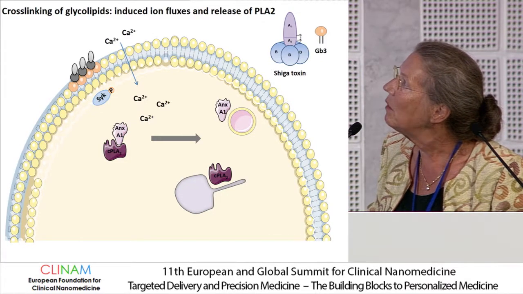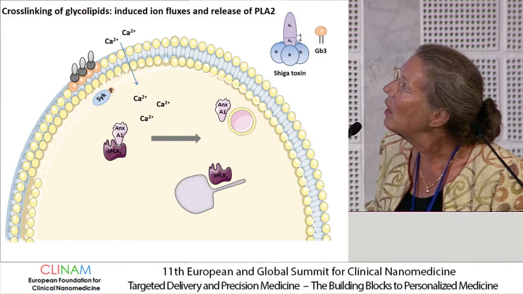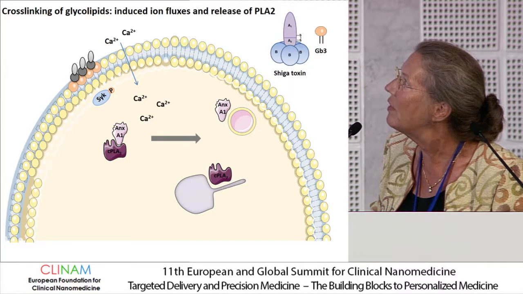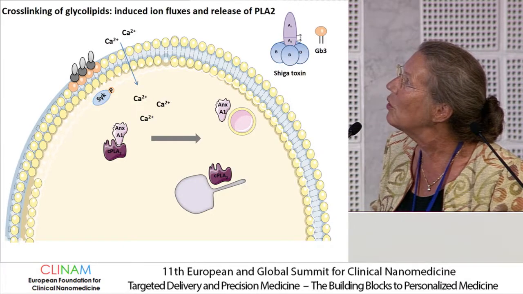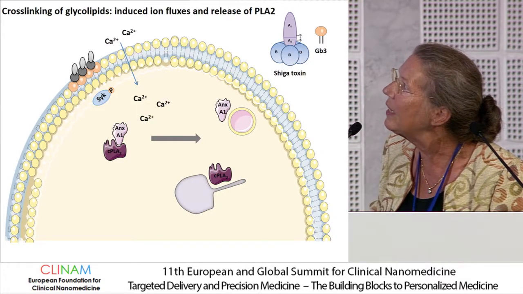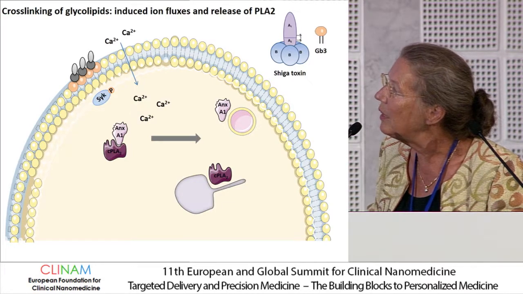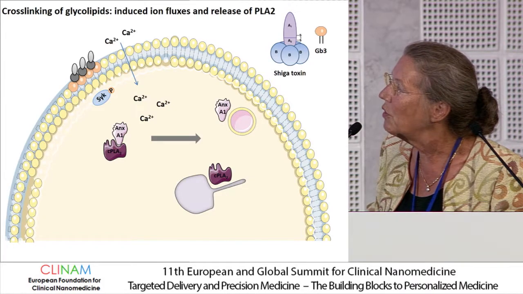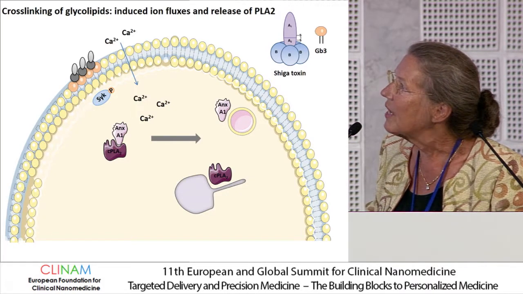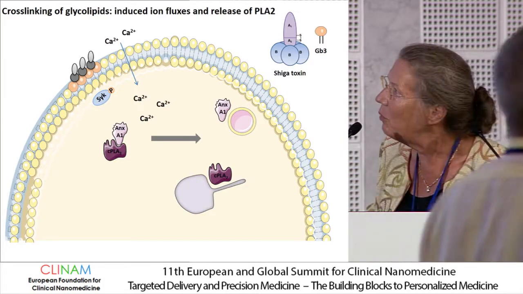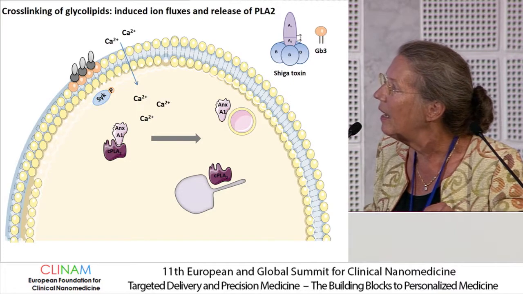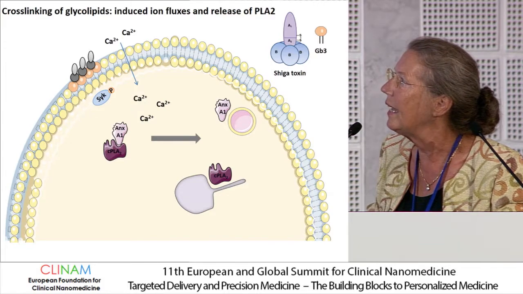As illustrated here, we studied that a few years ago now, that when we cross-link glycolipids, in this case Gb3, which is the receptor for Shiga-toxin, with Shiga-toxin or with antibodies to Gb3, then we induce a calcium influx into the cytosol. We induce phosphorylation of the tyrosine kinase Syk. There is a dissociation of annexin A1 and phospholipase A2, which will then become activated, and it can then act on the membranes and form tubules,